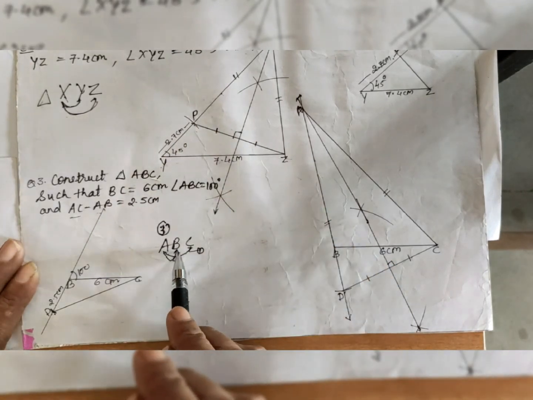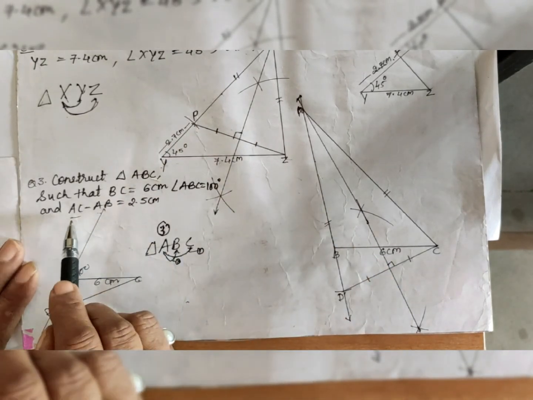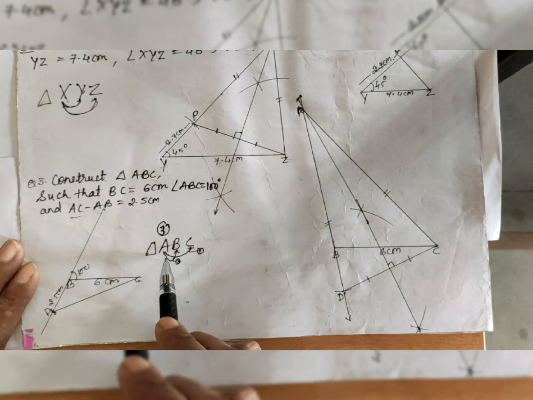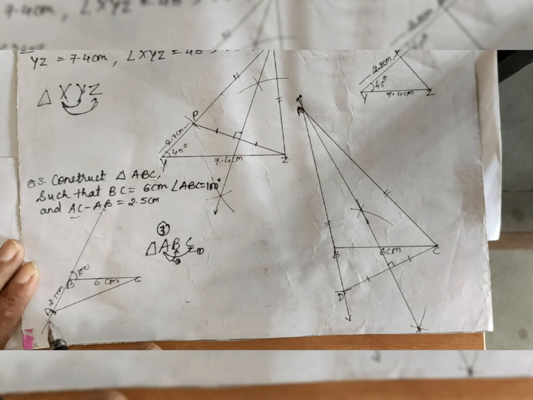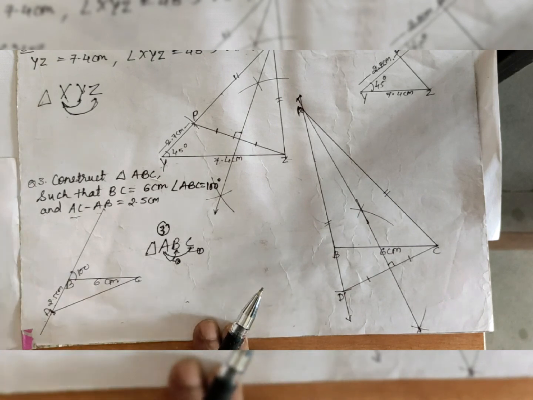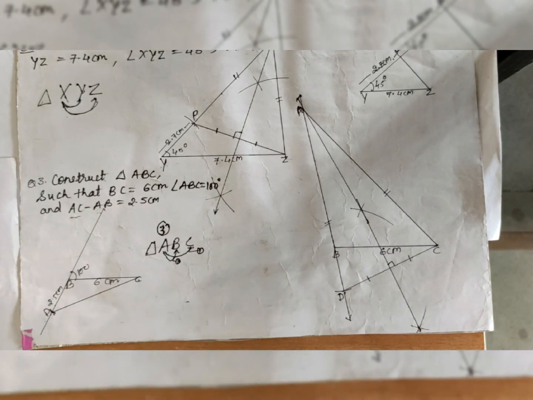Here you can see ABC is the name of the triangle. First given AC, means from A to C we are moving, not from A to B. So that's why we have drawn this arc on the lower side of this base. So I hope you understood this exercise very well. You have to solve all the questions of exercise 4.2. Practice it. It's very easy, and this lesson is a very scoring lesson.